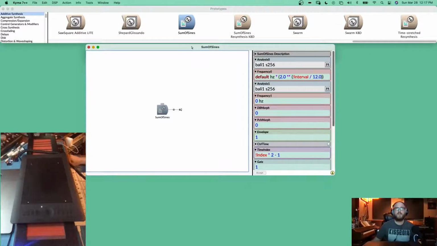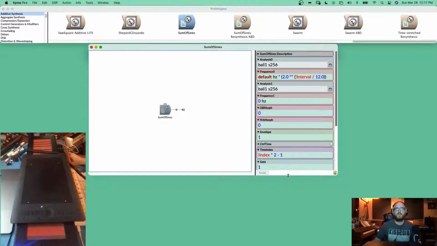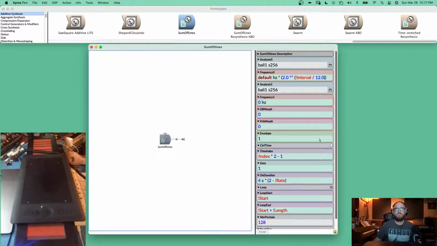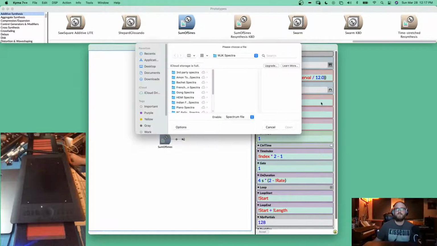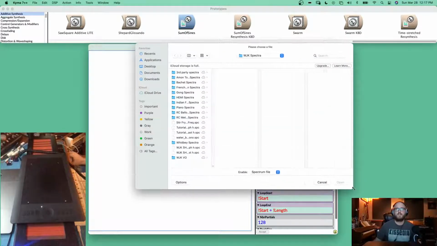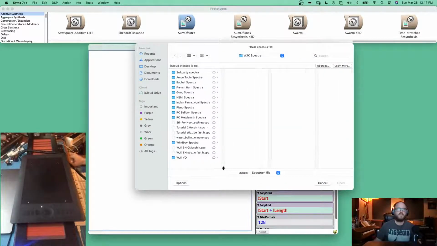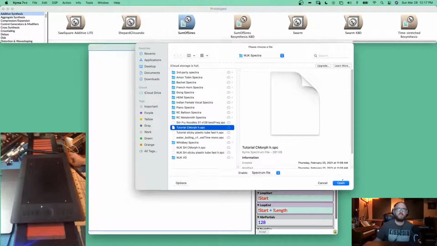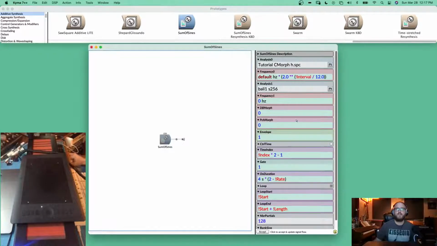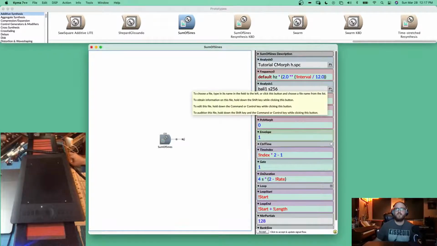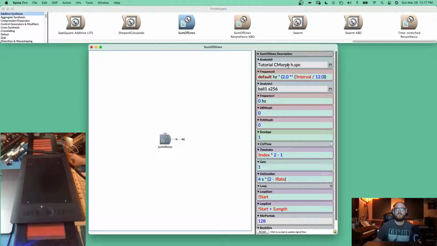Okay, and I'm going to put these same spectra that were in here that I did a couple weeks ago with Simon. So if you saw that, then you're already up to speed. If you haven't, you might check that out, and this will make more sense. But I've got this harmonic spectrum